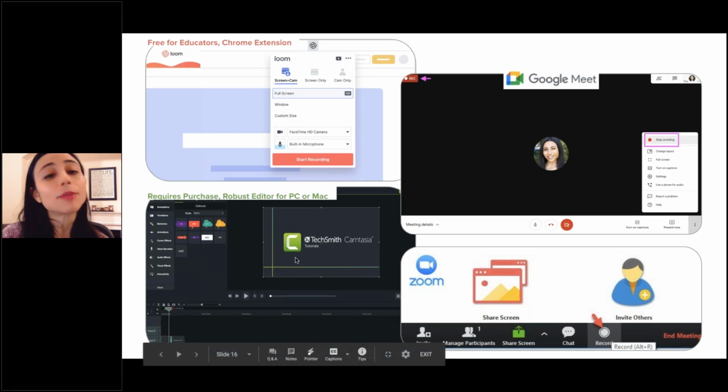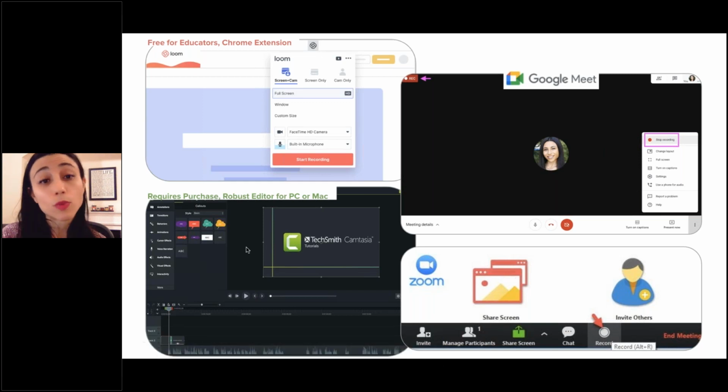And then lastly, I'm going to present one paid option, which is Camtasia, and I present that because that's actually what I use to record my videos. That's what I've been using since 2010. Actually, I use that to record my videos, and I use that to edit my videos. So that's what I like about it, is that it does have a pretty robust editor also. I can add little annotations at the end. I can cut things if I made a mistake. I can do some transitions, all of that good stuff.